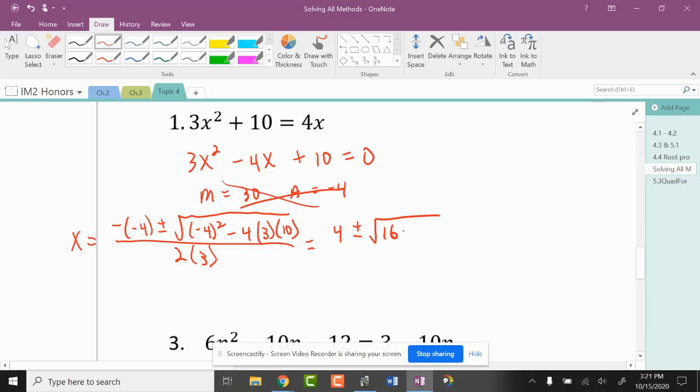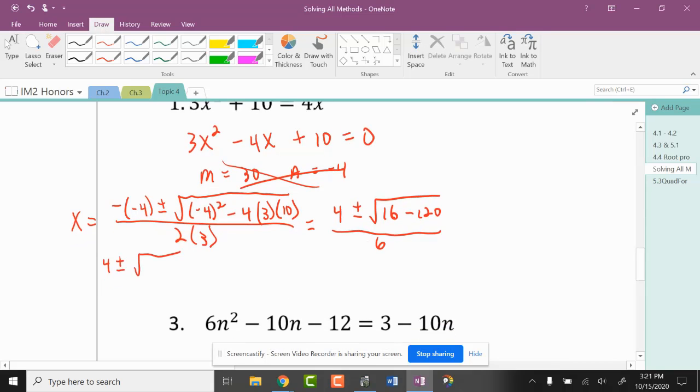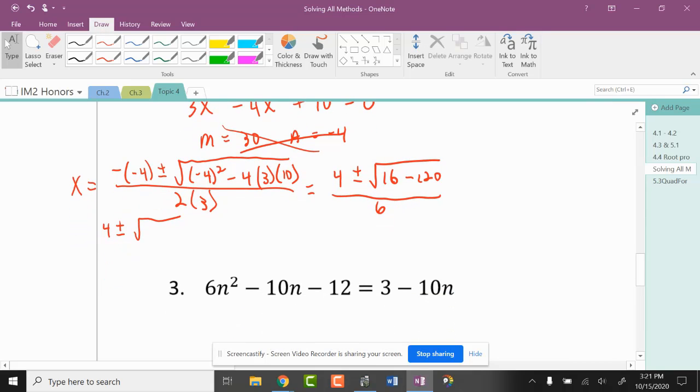And we must think. 4 times 3 is 12. Times 10 is 120. Oh, no. We're going to get that nasty i number situation. All right. And then 4 plus or minus, let's just get down to it. Square root of -104